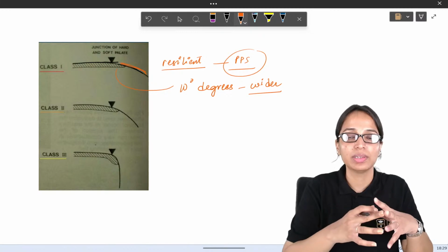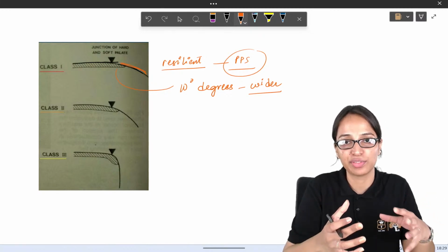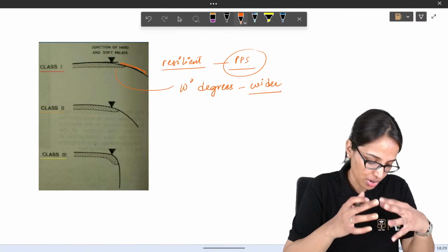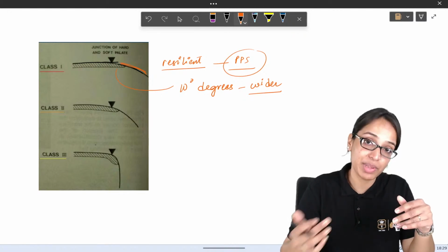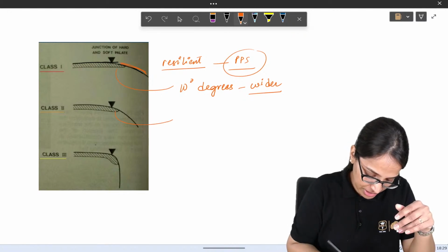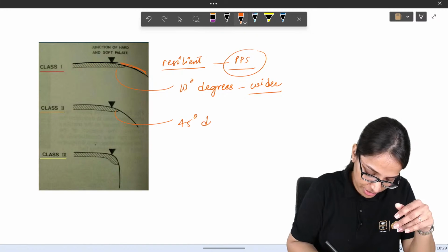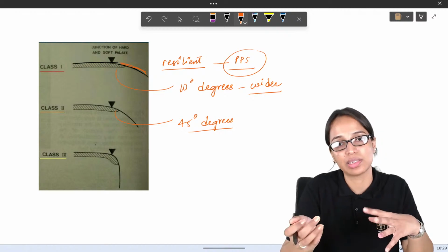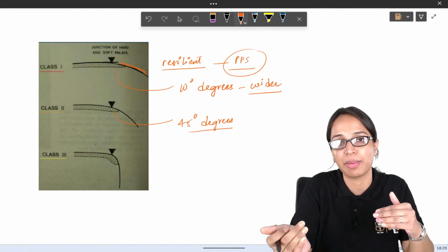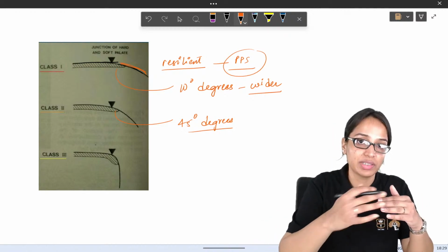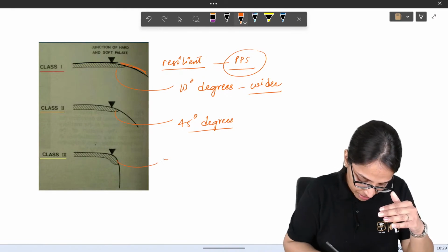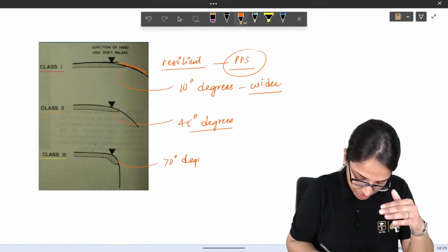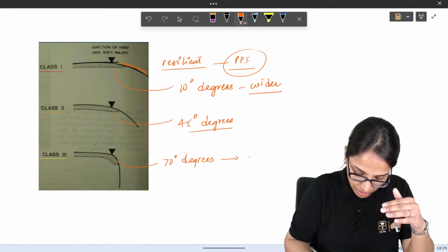So that is the most favorable kind of hard palate soft palate junction, or the most favorable PPS that is available. If this is at an angle of 45 degrees, it is an intermediate level between class 1 and class 3. You get an average area for damping and for retention. But if there is a sudden fall of soft palate at 70 degrees, then you get almost